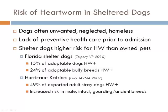We also did a study on Hurricane Katrina dogs. These were dogs that had been rescued and gone to the large rescue shelters after Hurricane Katrina, that housed thousands of dogs. We asked these folks that transferred dogs from those large rescue shelters to report back to us their heartworm testing. And we found that 49% of the adult dogs that were exported from Louisiana and Mississippi following Hurricane Katrina were heartworm positive, and that the risk was highest in male dogs, intact dogs, and dogs from the guarding and ancient breeds. So again, we had the pit bulls, the bully breeds, Rottweilers, and Akita-type dogs as having higher